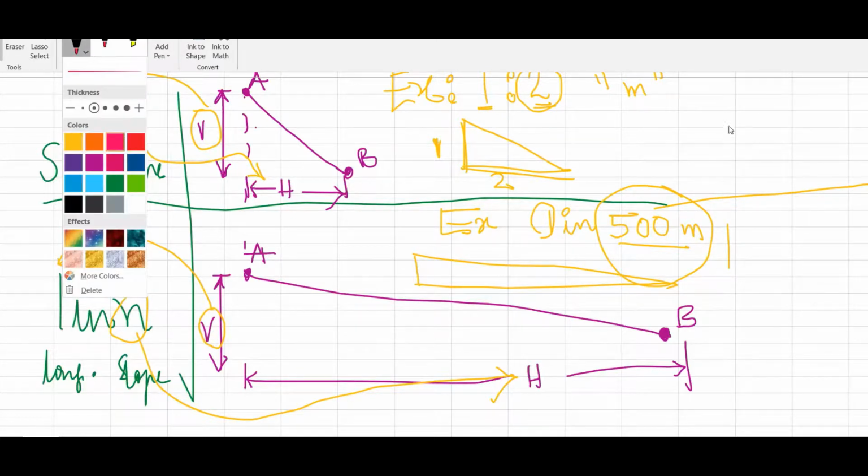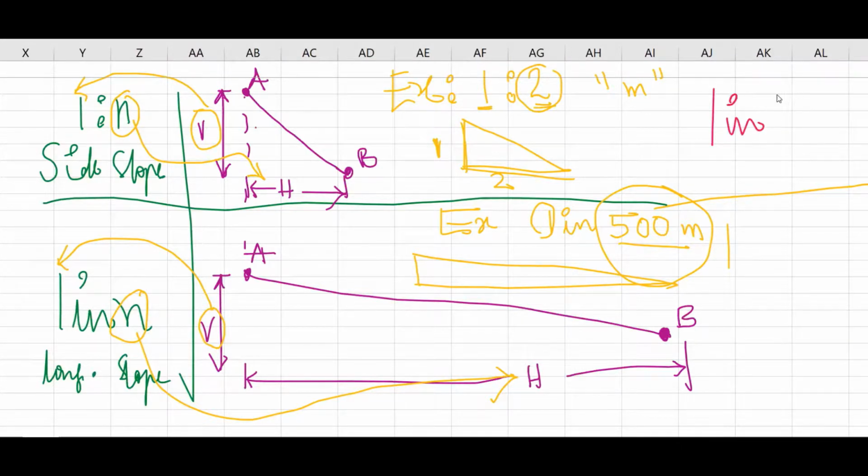If this value is, for example, 1 in 5, then as the value increases the slope decreases, and as the value decreases the slope becomes steeper. So 1:1 is exactly 45 degrees, whereas 500 is absolutely different. When the value increases, the steepness decreases and it is a more gradual slope.